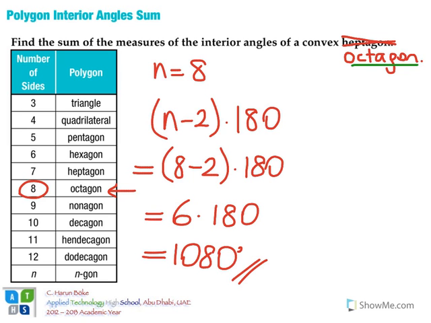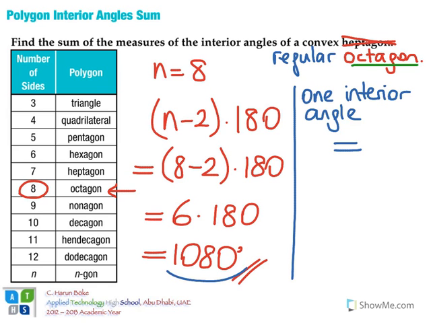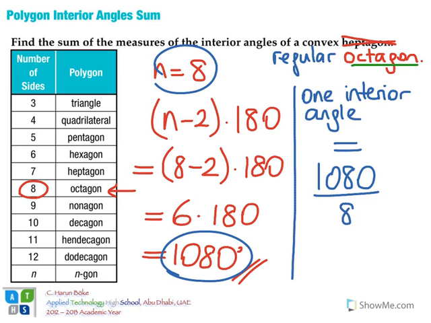Now let's suppose that this is a regular octagon. If it is a regular octagon, then we have equal interior angles. So we can calculate the size of one interior angle, as we are going to divide the sum by 8. So it will be 1080 divided by 8. This will give me the size of one interior angle. So let's do that. It is 1080 divided by 8. So the result will be